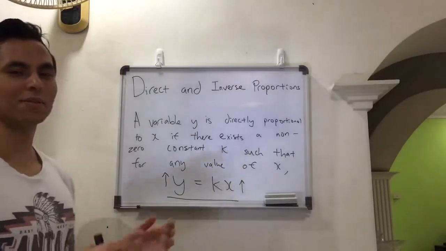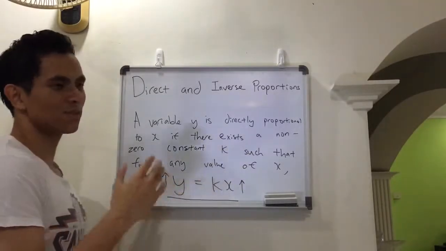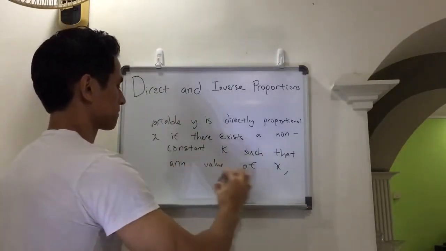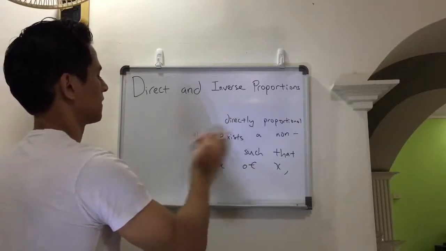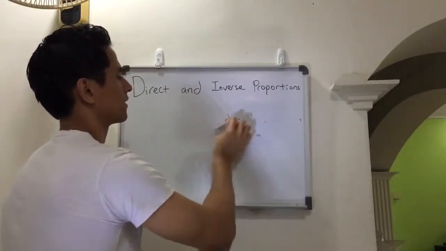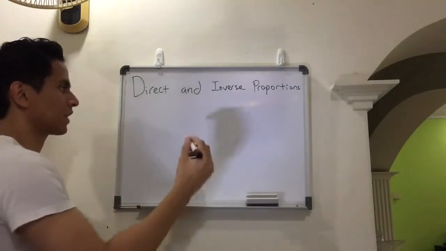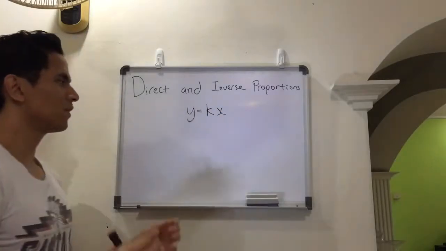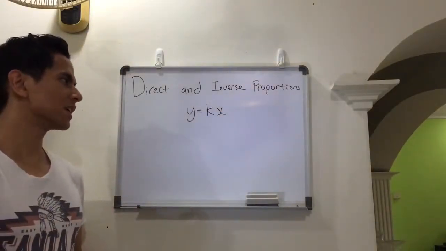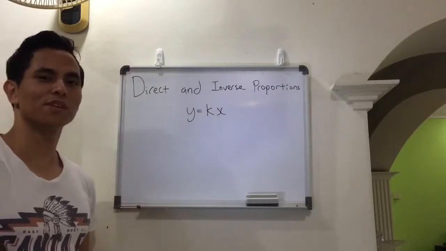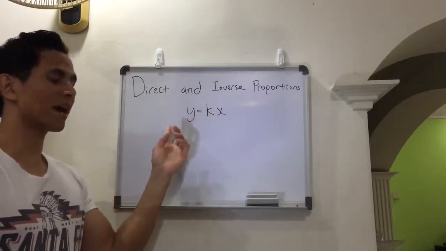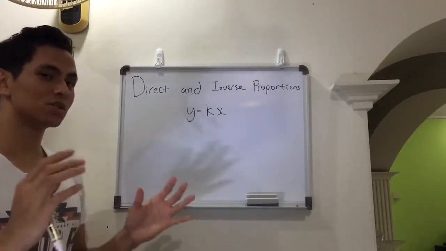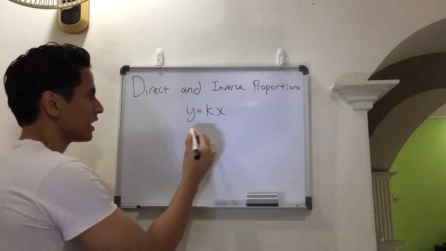Now let me give you an example. This is always the case for direct proportions. So again, y equals kx. Now you may be wondering, what if k was negative and x goes up, doesn't y go down? You're right. Remember the exact wording I used was the magnitude of it. So even if k was,